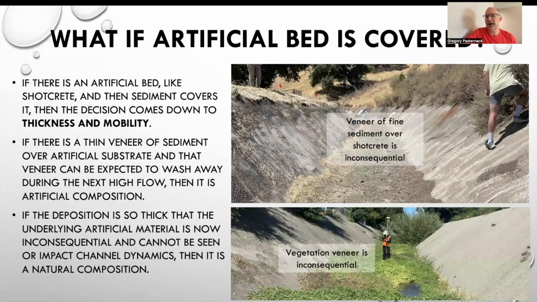What if the artificial bed is covered? I have mentioned this a little bit. A veneer of fine sediment is inconsequential to the processes in the river. And the same thing, a vegetation veneer is inconsequential. What does that mean? It means that if you have a winter storm come through, it's just going to push all that out. It may bring in more material, but this material is not controlling how the hydraulics work